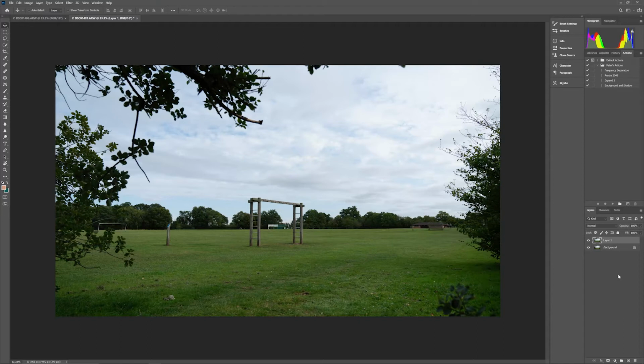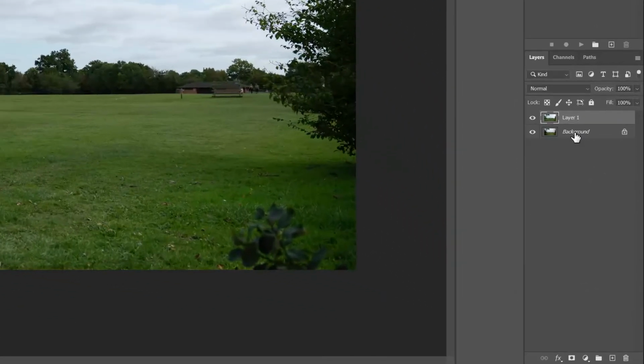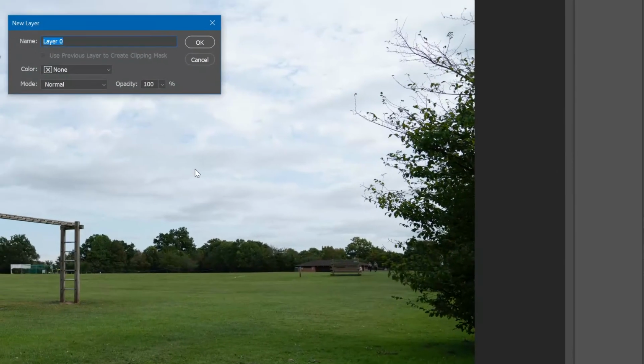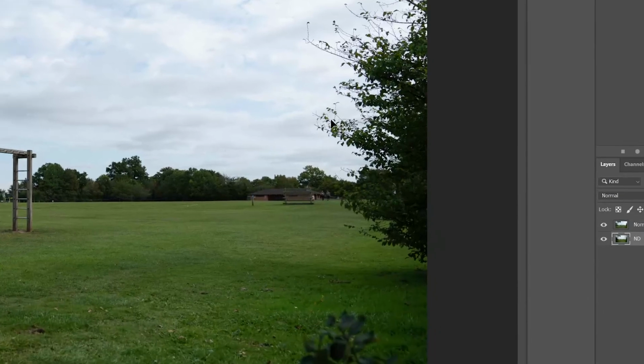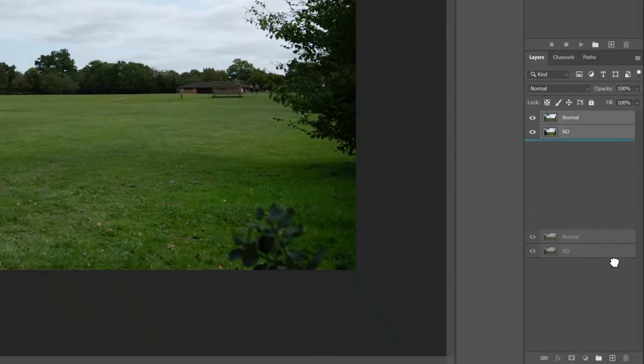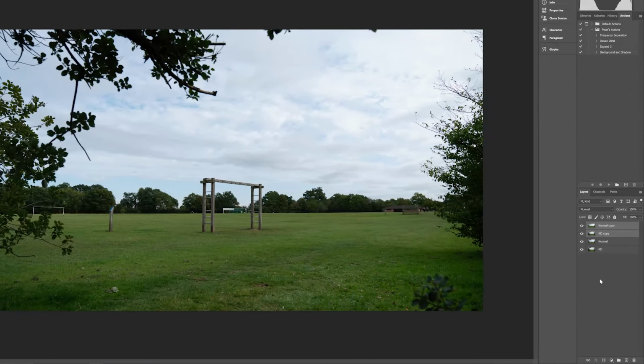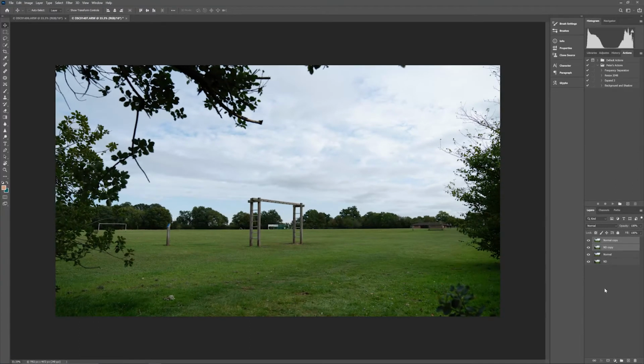So I'm going to rename these just so that I know what's going on with them. So this is the top one, this is the normal image, so I'm just going to double click there and call it normal. And I'm going to double click this and change it to ND. I'm going to select them both and drag them down to duplicate them, and I've now got a copy of each of them. So now what we're going to do is we're going to get Photoshop to determine the difference